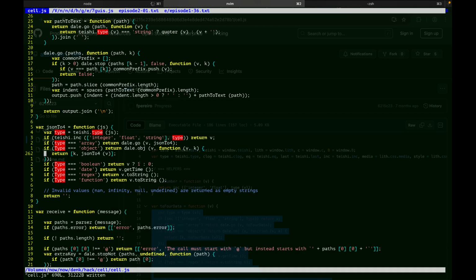Boolean. Let's just do it once and for all. Yeah. None, infinity, no undefined. I'm not sure we should do it like that. I think let's just do it like this. So you can at least see a bit better what it is. Well,